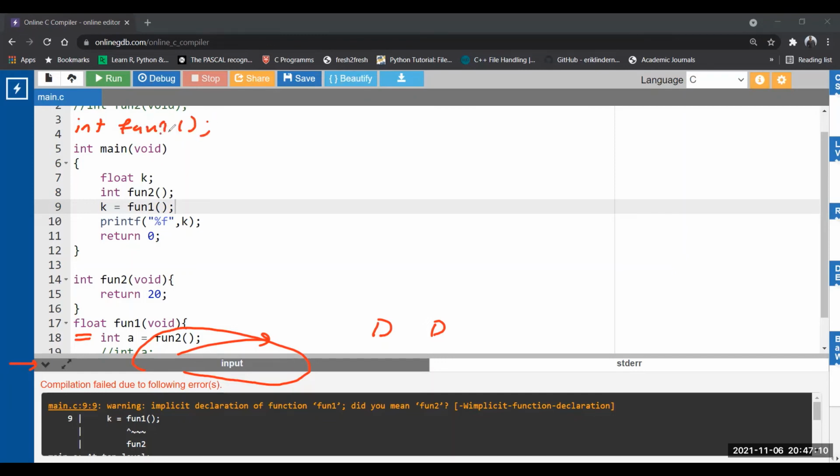So the compiler says, I have already declared fun1 with integer, but because its return type is float, the compiler says it's conflicting. I am saying integer and you make it float. If you make it integer, no issue. Type same, now type mismatch, so that's a conflict. Okay, so the concept is a little bit advanced here. We need to take care of such concepts.